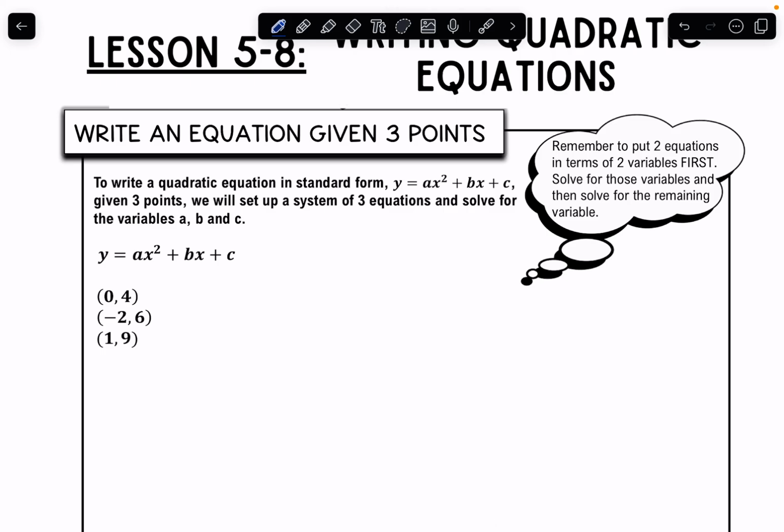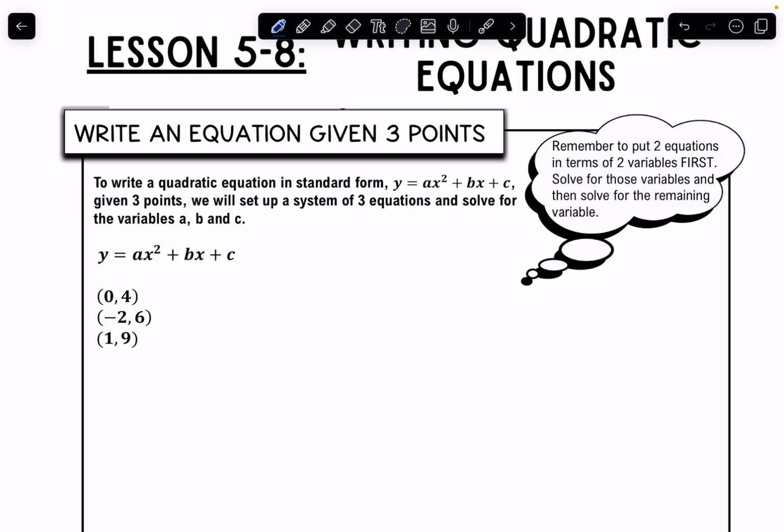All right, so we're going to look at 5.8 today, which is about writing quadratic equations. And we know how to do this with a linear problem, right? We can write a slope-intercept equation with a slope and an intercept. I can write a point-slope form equation if I have a point and a slope. So we can do the same thing here for a quadratic, and we can plug it